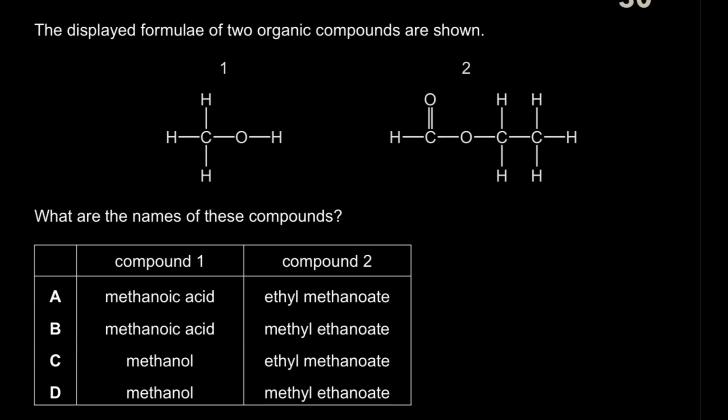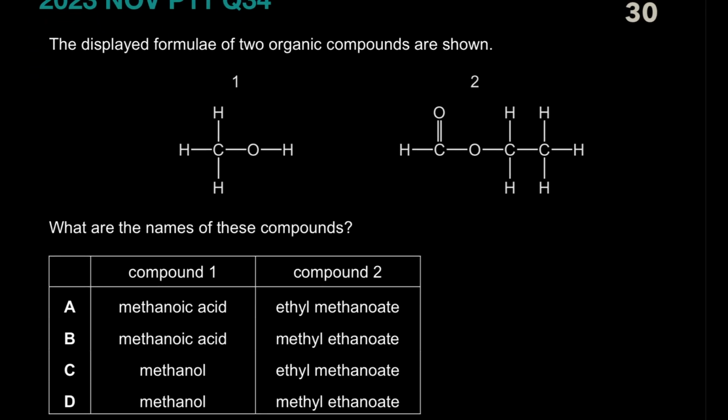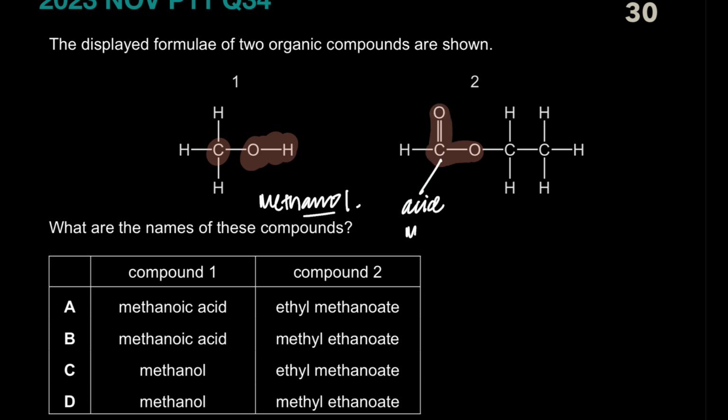Last MCQ peeps. The displayed formula of 2 organic compounds is shown. It says, what are the names of these compounds? Pretty easy. That's an alcohol, so it's 1 carbon alcohol, therefore it's going to be methanol. Done. And if you check this one out, this is an ester right here. This carbonyl carbon bonded to the O. So this C double bonded to O, this carbon came from the acid, which is methanoic acid, therefore this will be methanoate. And these 2 carbons, they came from ethanol,